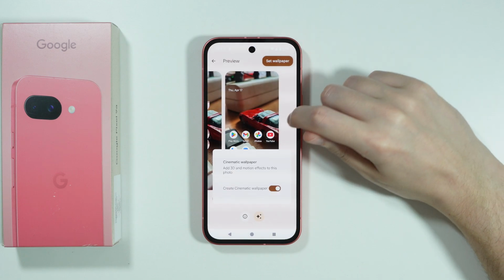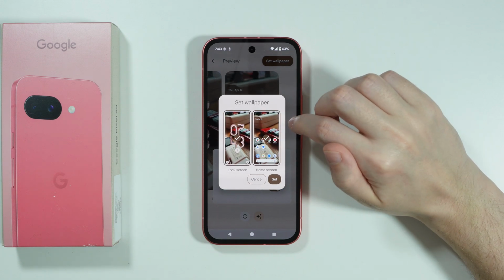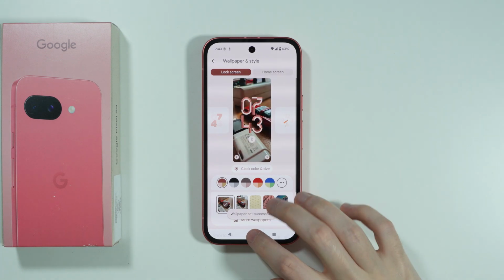We can press this check in order to save it, and now we can press set wallpaper in the top right corner. We can choose to set the wallpaper for the lock screen, home screen, or both, and then press set. And there we go,